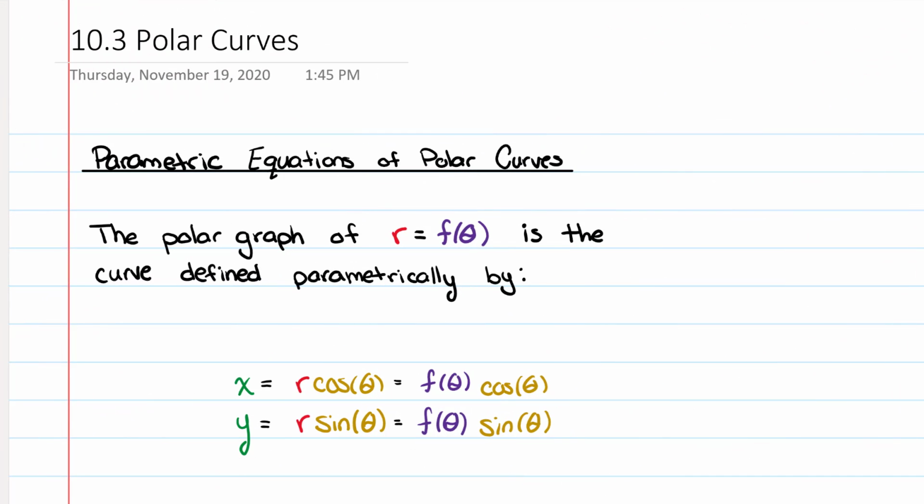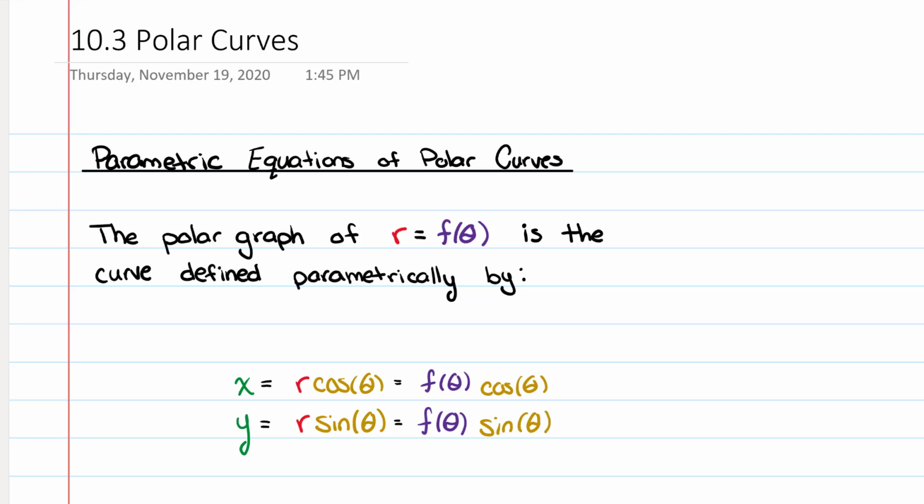In this video, we're going to talk about graphing polar curves parametrically and then determining how those relate to polar curves. So before we do that, I want to go ahead and just give you the definition of how to graph a polar function parametrically. So the polar graph r equals f of theta, where r is an equation of theta,